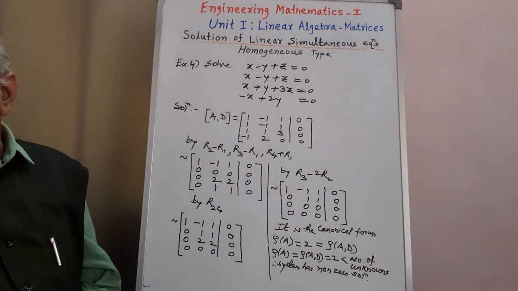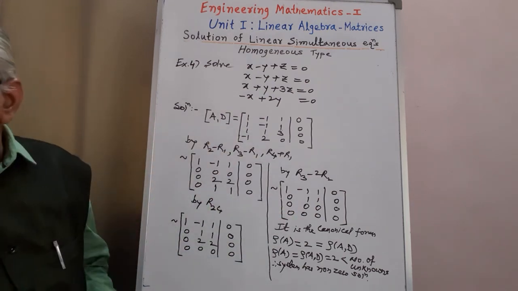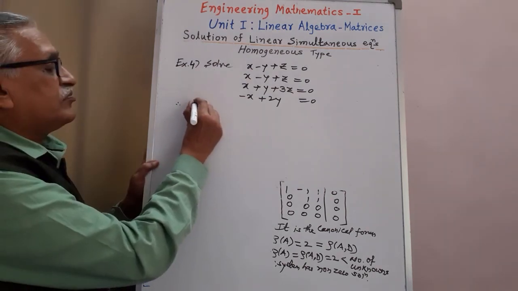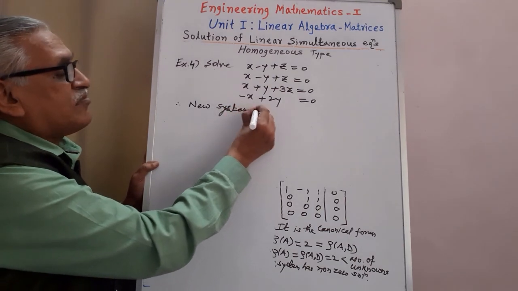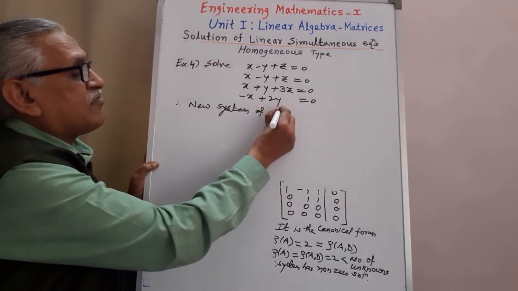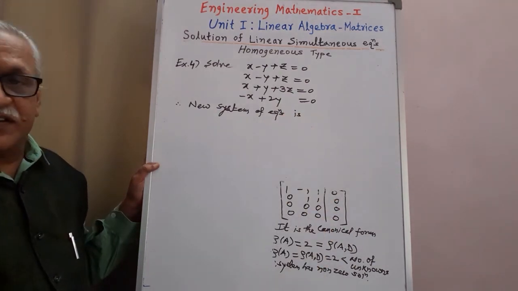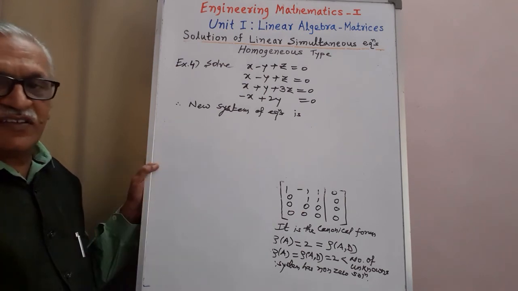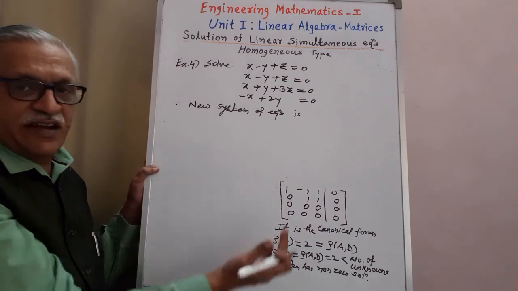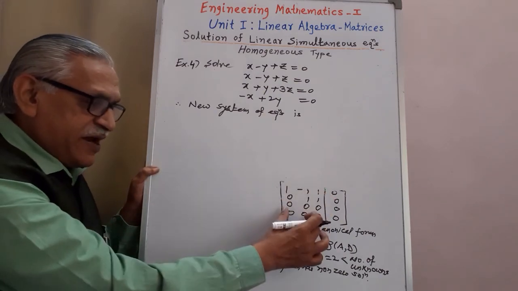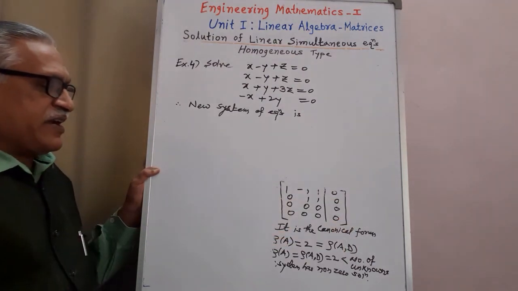We try to find that infinite solution by converting this matrix to equation form. Therefore, the new system of equations is obtained by multiplying this matrix A by that column matrix, as I explained in the last example. Here I am not performing all those steps. I am writing directly, assuming that this matrix A is multiplied by that column matrix and equals this D matrix.